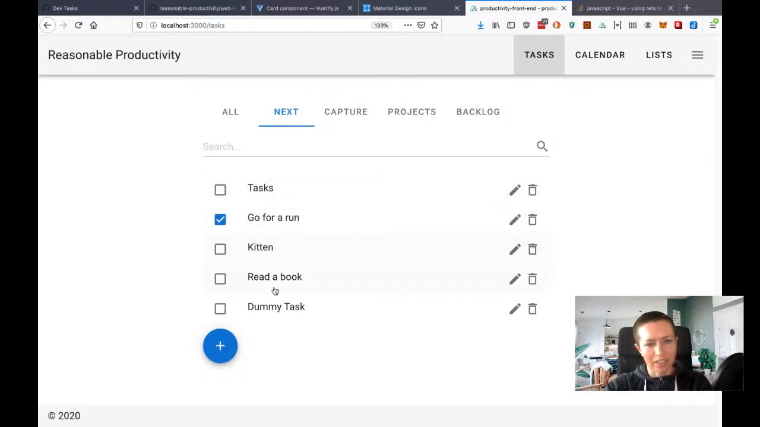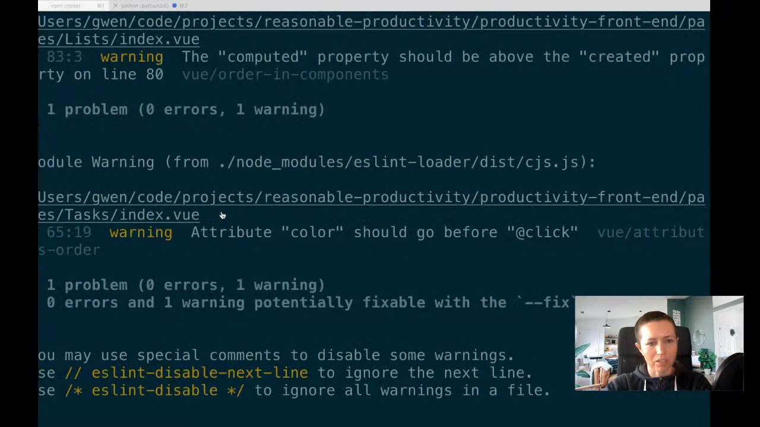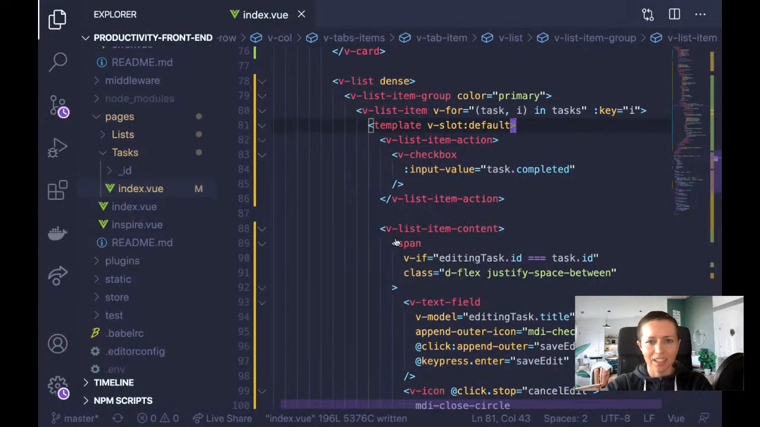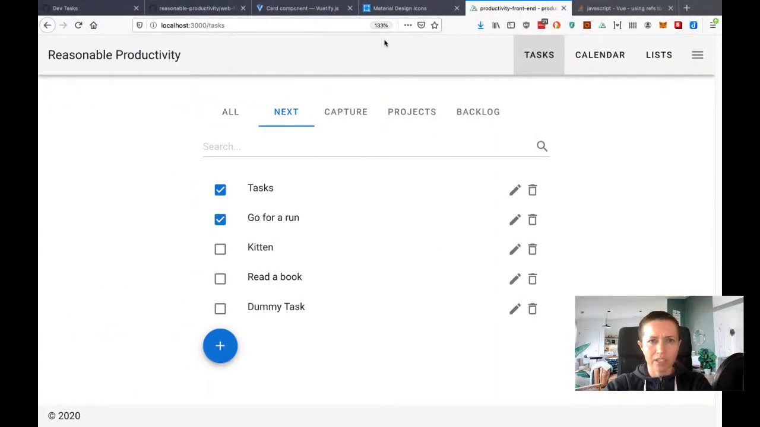Tasks go for, okay, let's see, what's next? I need to, oh yeah, hook up the checkboxes. So when I check, oh, it's on this side. When I check a checkbox, then this needs to run a function. So let's see how I do that. Let me go